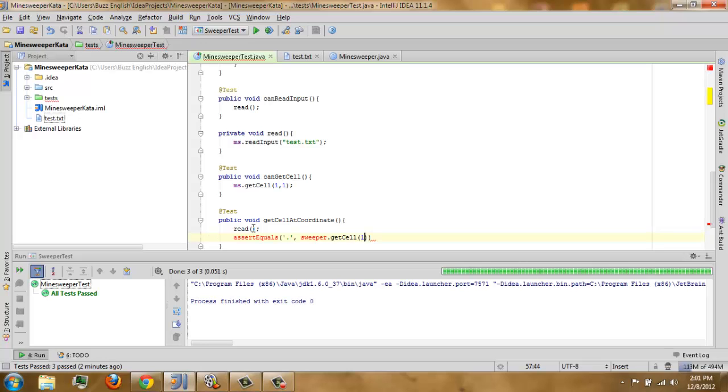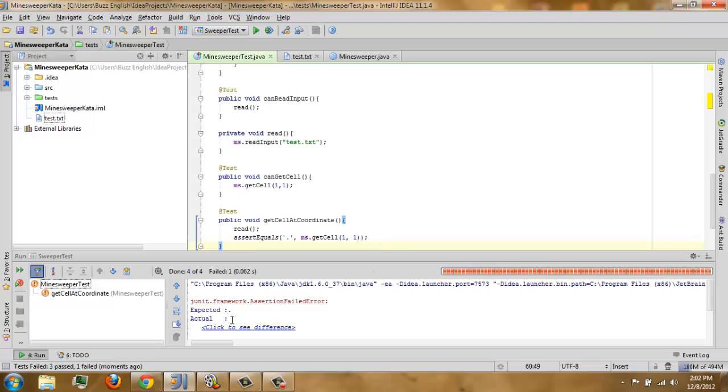Oh, it's not sweeper, it's ms. Here there's a red, so let's static import the method and run.